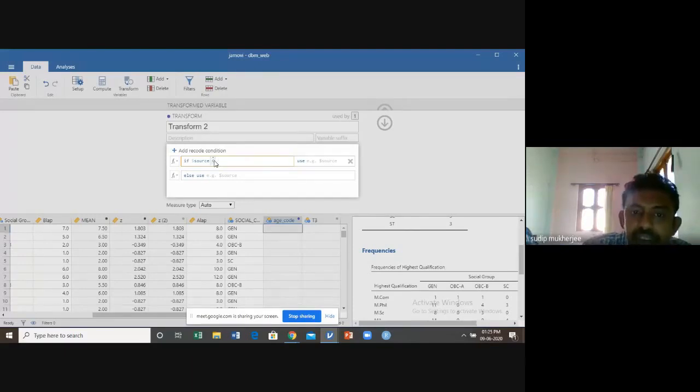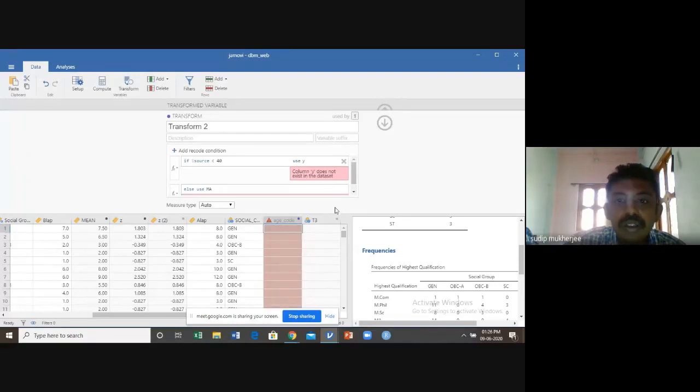What do we actually try to write here? If source is less than 40, we write this as young. Clear? And else use middle age.